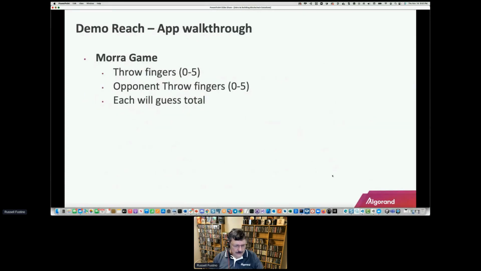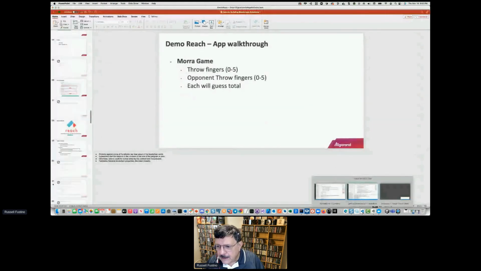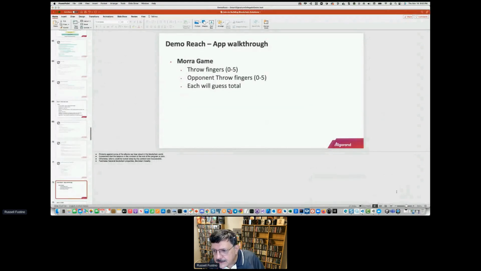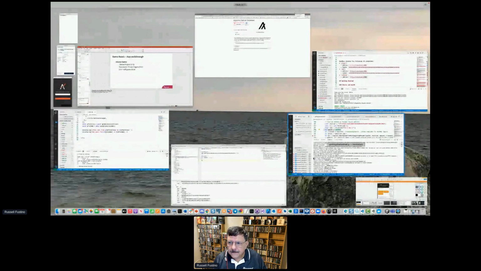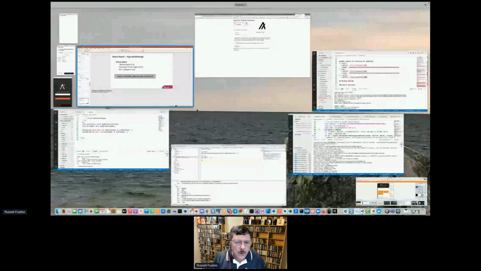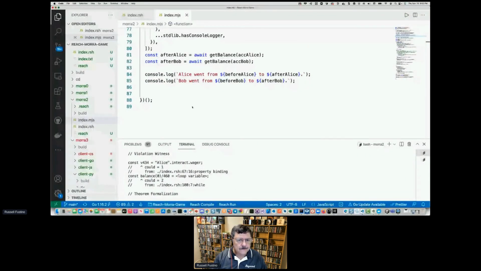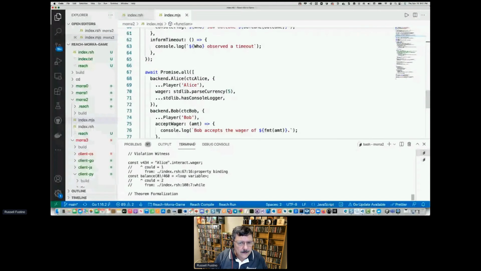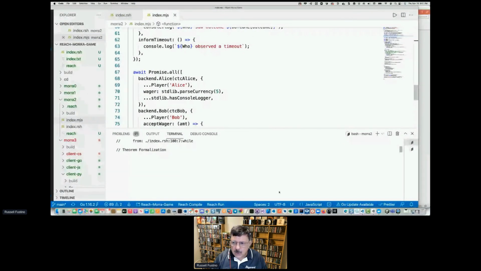So let's take a quick look at this. I'm going to bring this up, and you can see this Reach Mora game that I have. Mora, if you're unfamiliar with it, is the hand gesture game where you throw out a number of fingers,